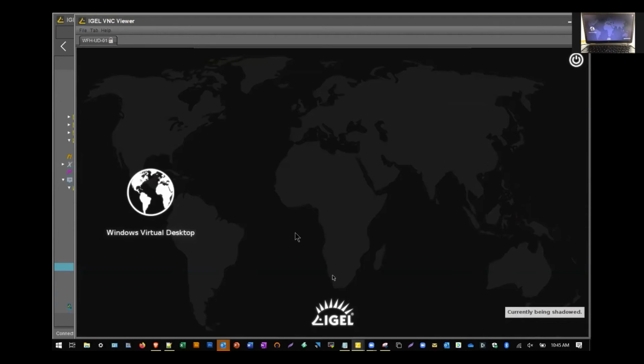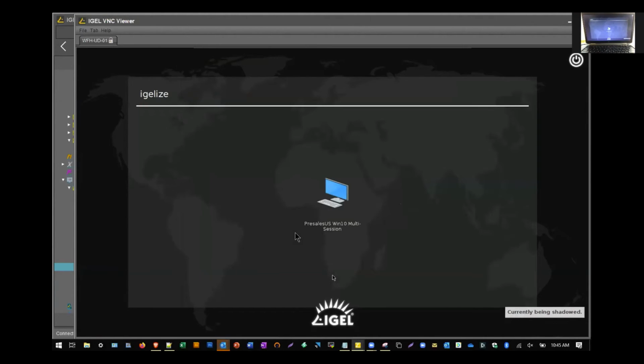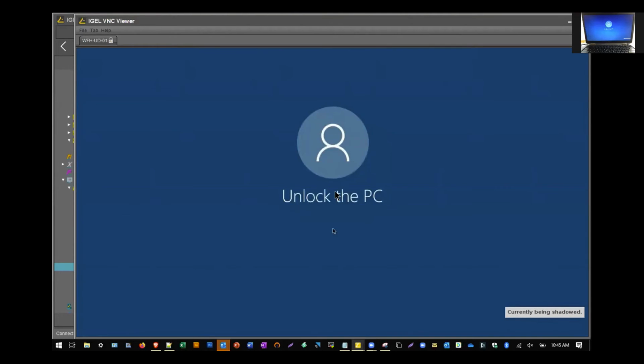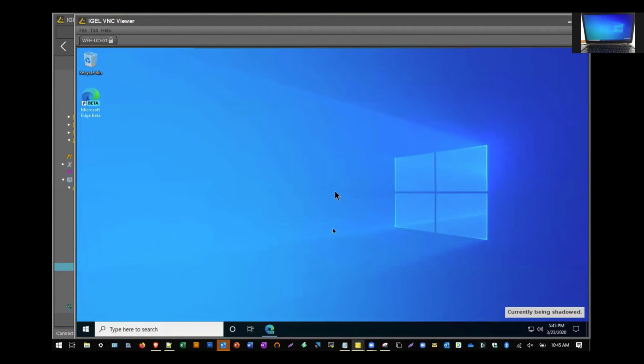So you can see here, I'm logging into my actual Microsoft Windows Virtual Desktop session. So here is the Windows Virtual Desktops I have available to me. Microsoft Windows Virtual Desktop is a brand new Windows as a service that Microsoft released back in September. So you can see here that I am actually turning mine on and connecting to my Windows Virtual Desktop session, and there we go. It was that easy. So I didn't have it before. Now I actually gave you the ability.